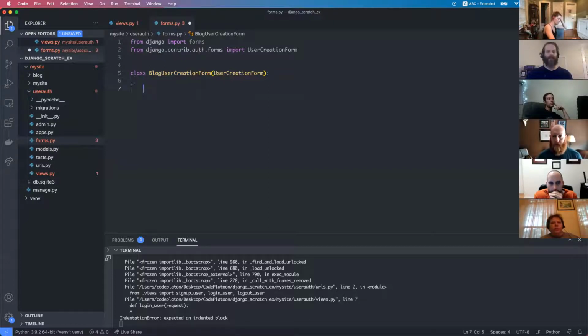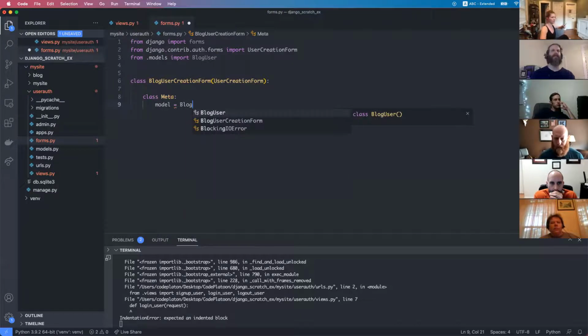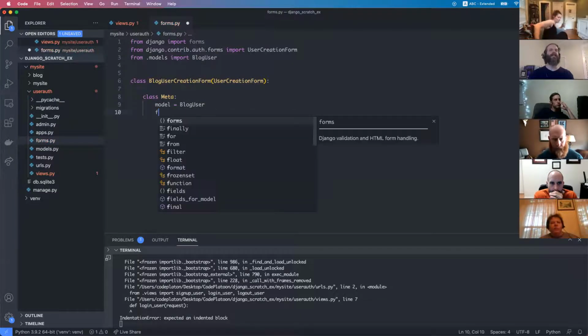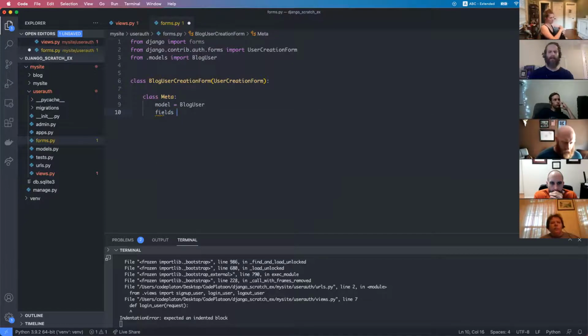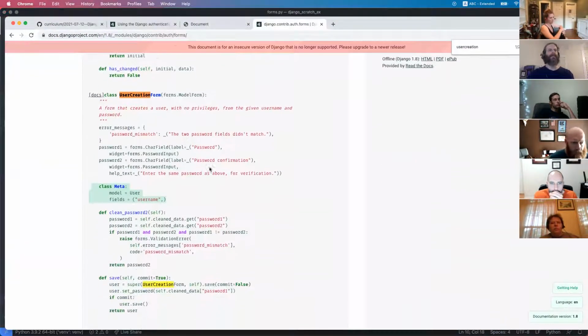So we'll do class Meta. There are 2 things that we need: the model, and that will be, from dot models import blog user, and then the fields. We can kind of copy this example. So here in this example,